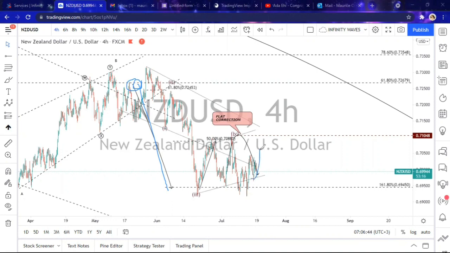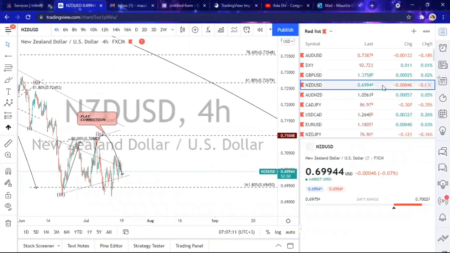We are waiting for this pattern to complete here for the next drop down. So that's for New Zealand dollar, US dollar. We wait for this structure to complete, then we go down. But if this structure gives us a sell structure here, we'll go with it down, and this corrective structure will have completed. So we go to our next pair,